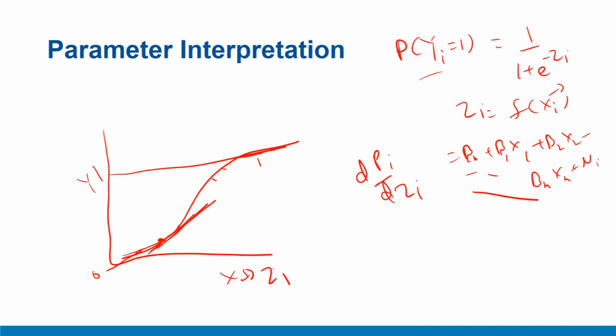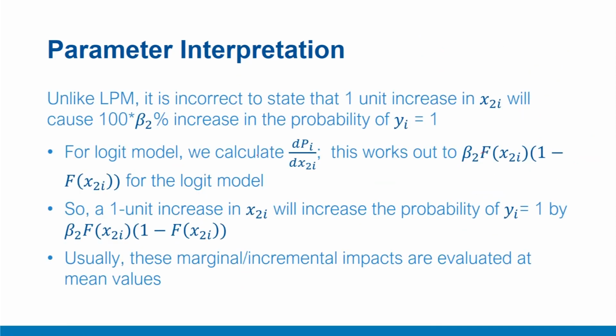Similarly, if you want to measure impact at any specific point, you need to compute the slope. So let's say you want to compute the impact of a particular variable x2i on zi. The most appropriate way to find that impact is the differential with respect to that particular variable, and this is what we call marginal effect. So to put things in perspective, in this kind of model, it is not correct to say that 1 unit increase in x2i will cause beta 2 percentage increase in the probability of yi, which we said in the